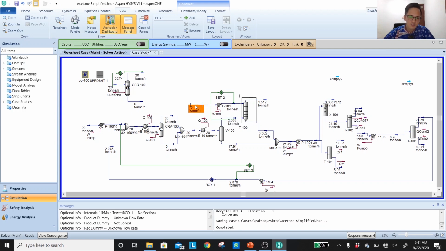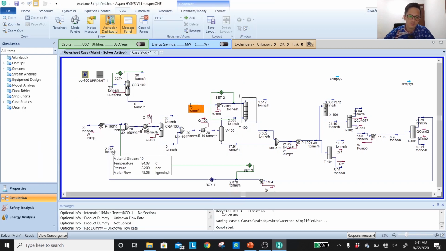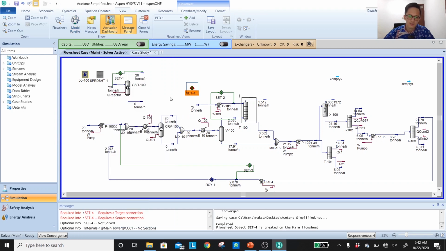If you don't change the value of the flow rate over here, so just keep it as 3, those numbers will not change even after you combine with the mixer. Okay, so you will change the L per G setting in the absorber, and obviously that will affect the rest of the simulation, and that is not preferable. That's why I want to add another set in this one. So I want to keep my L per G in the absorber to be consistent. Okay, so it's 3 ton per hour.